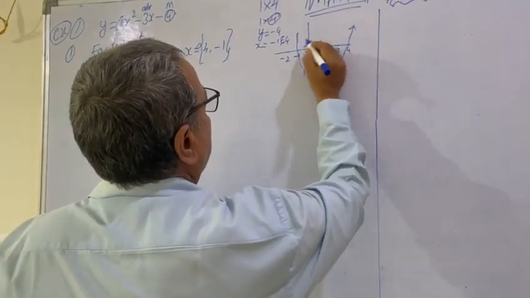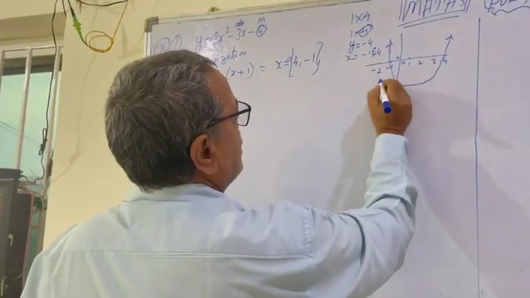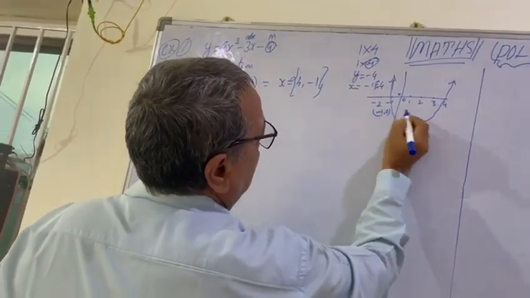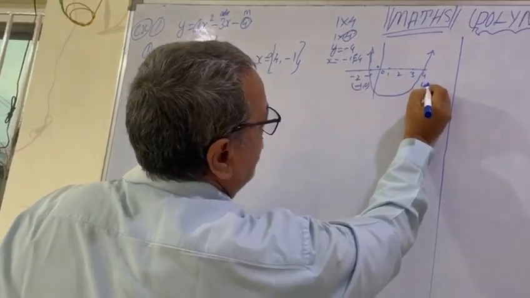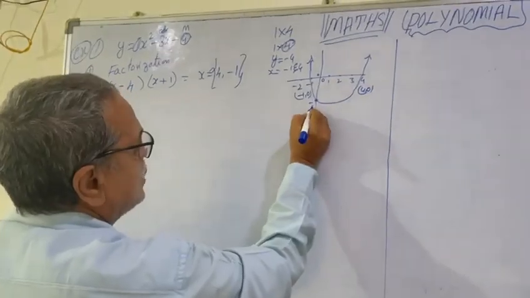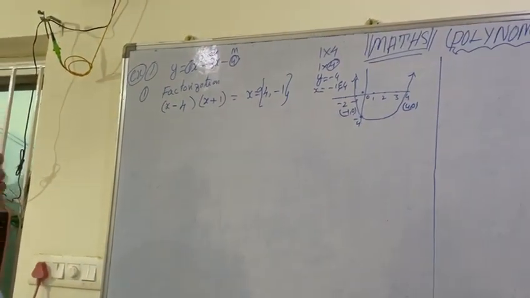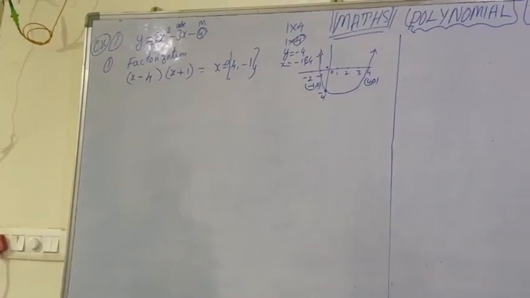This is the rough graph. What is there? Minus 1, y 0. Here point, here plus 4 and 0. Y is 0. Here this point is minus 4. In the equation it is there minus 4. You will have to draw in this way. What is this? This is called parabola.